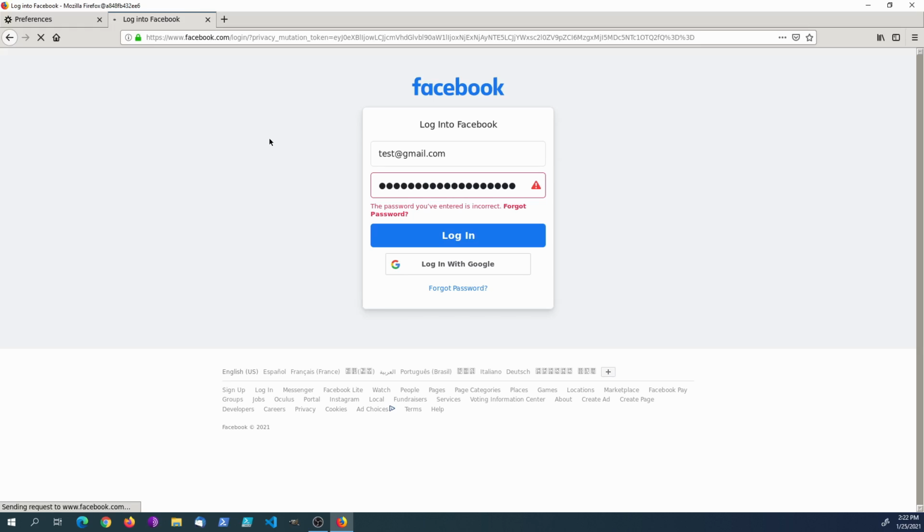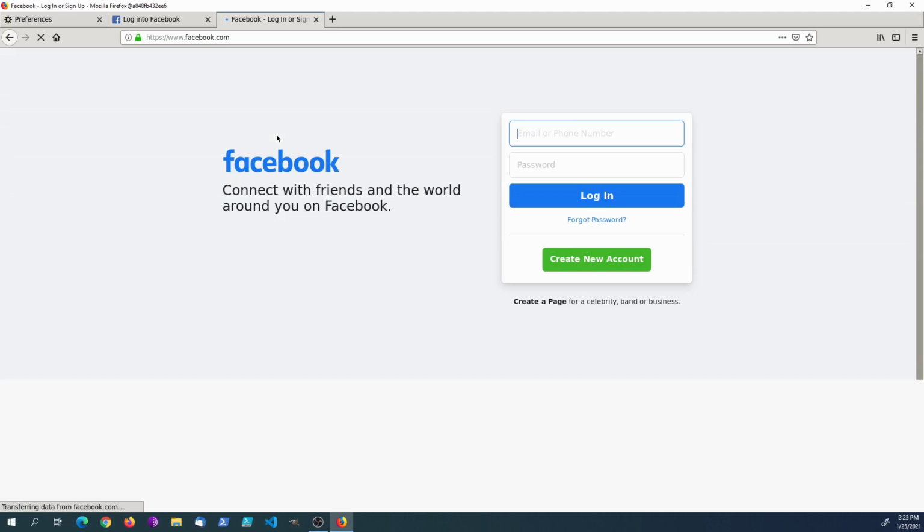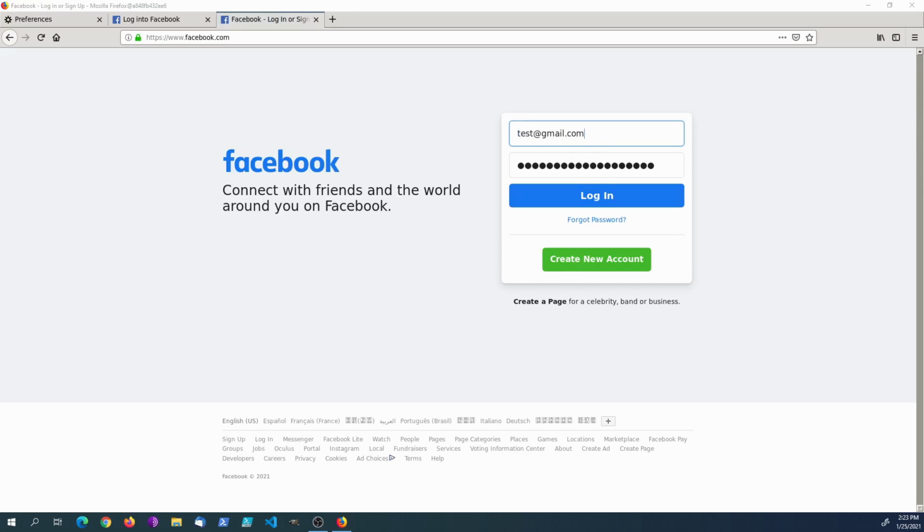Now, obviously, this login is not going to be successful. It's going to fail. But what I want to show you is that next time I type the domain facebook.com, your username and password will automatically appear. Now, you may say to yourself, what's wrong with that? I can't see the password. The password is masked. But if I right-click on the browser and I click on Inspect, you're going to see